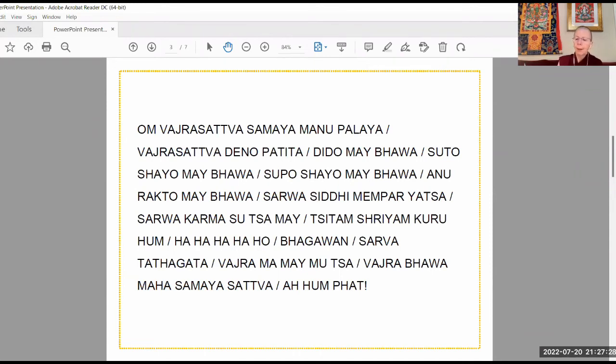Vajrasattva samaya manupalaya Vajrasattva dina patita Dida mebawa Sutokaya mebawa Supokaya mebawa Anarakta mebawa Sawasiti mipiyata sawa kama sita me Sitam shriyam kuruhum ha ha ha ho bhagavan Sawa tata gata vajramame mutta vajrabawa mahasamaya sattva aham pe